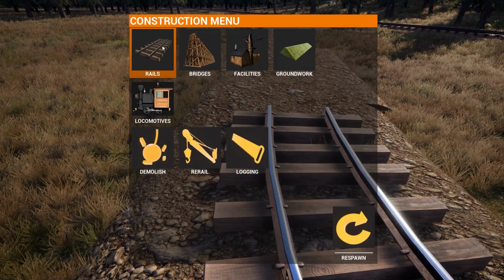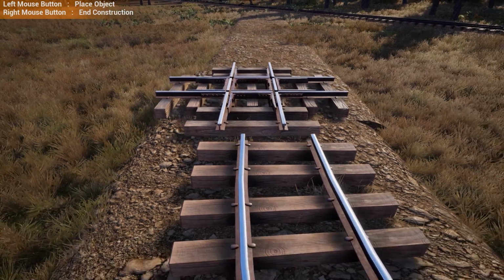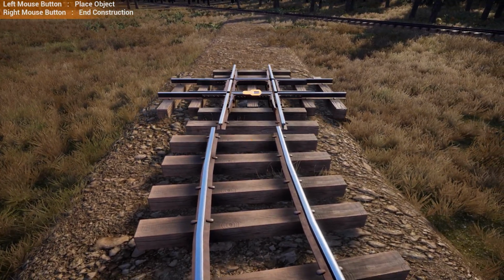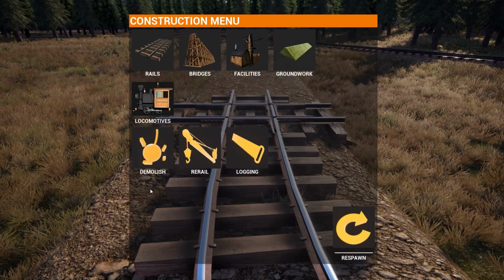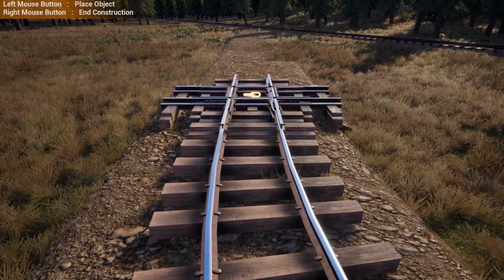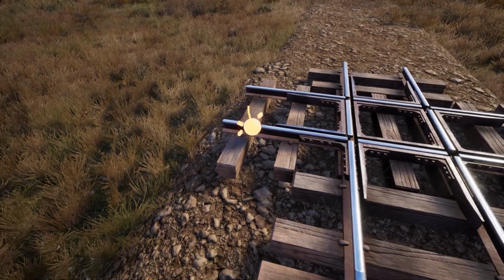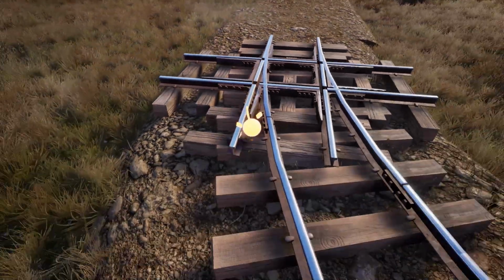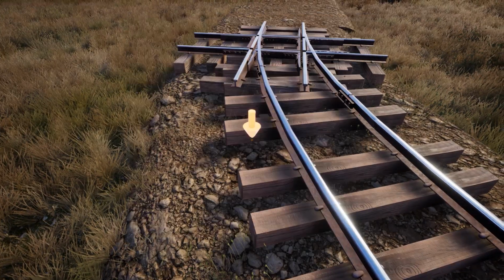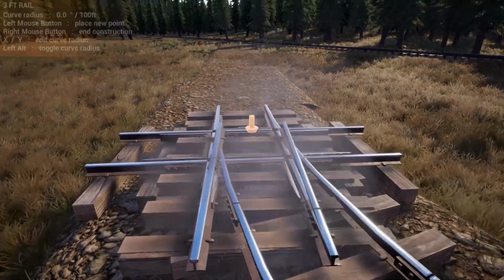Okay, first off, let me show you how to lay a straight anywhere in your railroads. First, build a crossover at the end of your track. Second, build a second crossover inside of the track, so in front of the first crossover you built. Now you can delete the first crossover and build a straight line from the end of the crossover to the